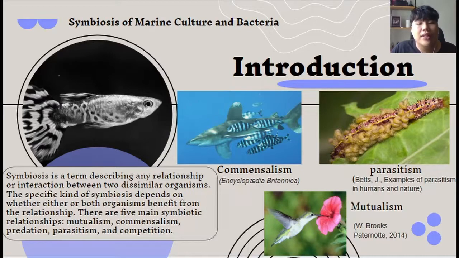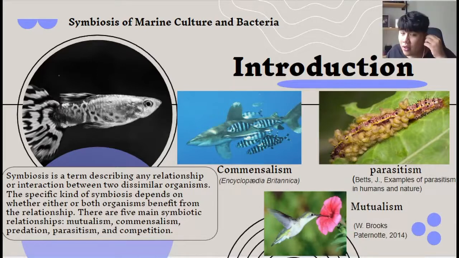Marine microbes are tiny organisms that live in the marine environment and can only be seen under a microscope. They include cellular life forms. With all of that, we conclude the introduction by asking how symbiosis can be related to marine microbes. Now we have Lin Chen to talk about one of the examples of marine microbes.